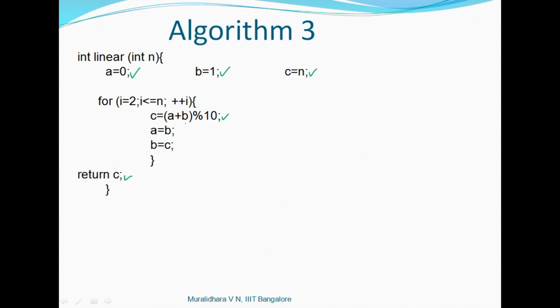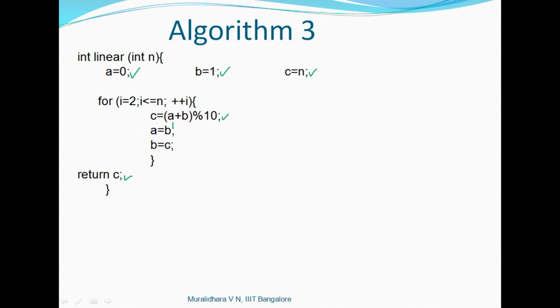But when you come back to the next iteration, the invariant that you follow when you go inside this loop is this: you are trying to compute f of n, A will be f of n minus 2, and B will be f of n minus 1. So when you come back to the next iteration, your A will be B and B will be C. Essentially what you are keeping track of is that A and B are the previous two values.